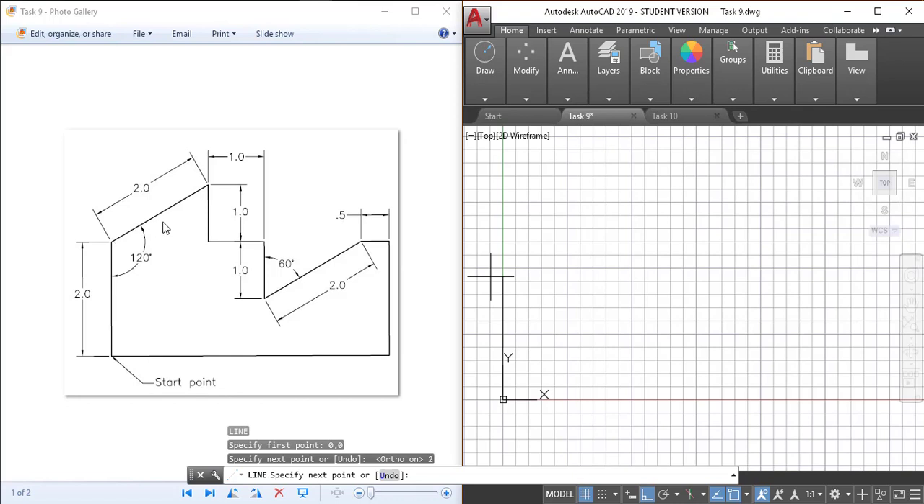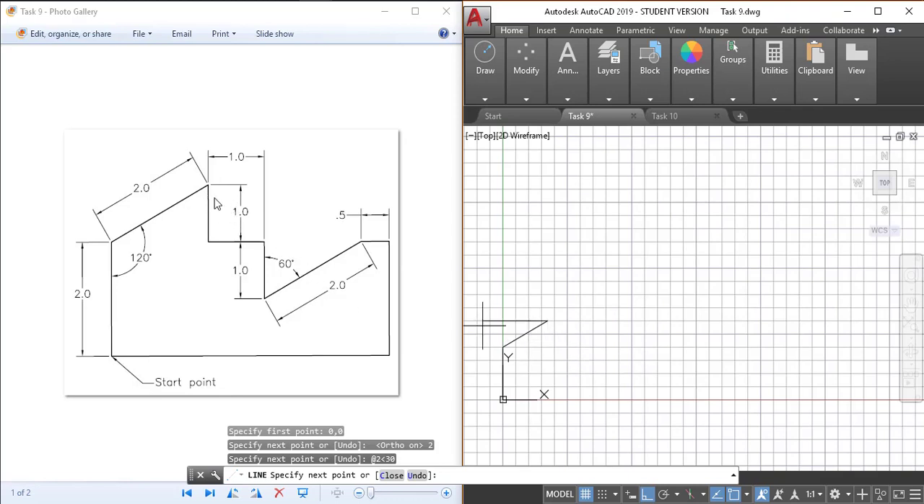This line is making a 120 degree angle with the negative y-axis. So we have to calculate how much angle this line is making with the positive x-axis. If the positive x-axis is here, the angle between the positive x-axis and the negative y-axis is 90 degrees. So we are left with 30 degrees. It means that this line is making a 30 degree angle with the positive x-axis, and the length of this line is 2. So we will write @2<30. So the next line,